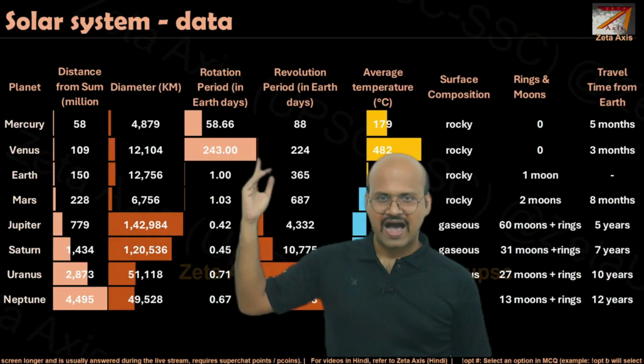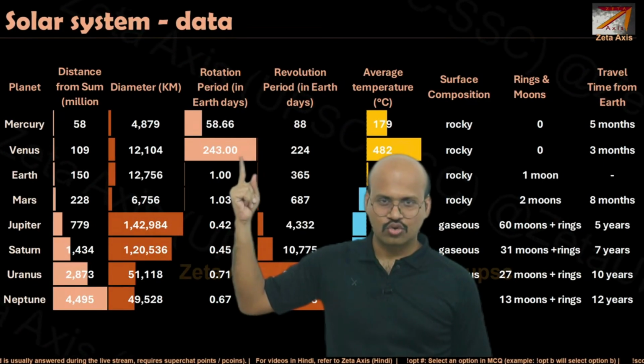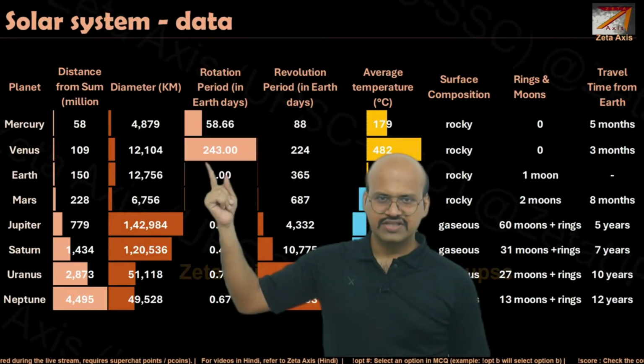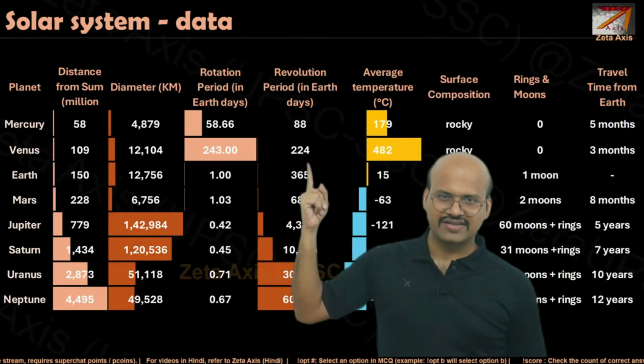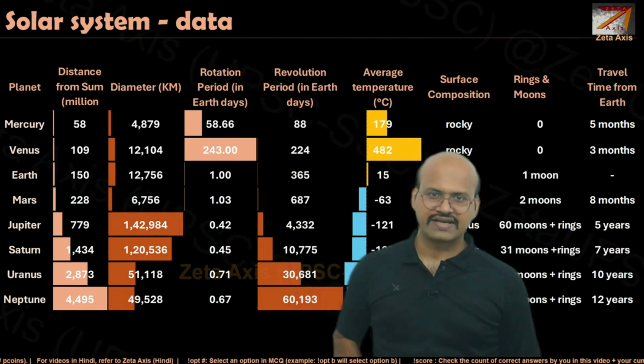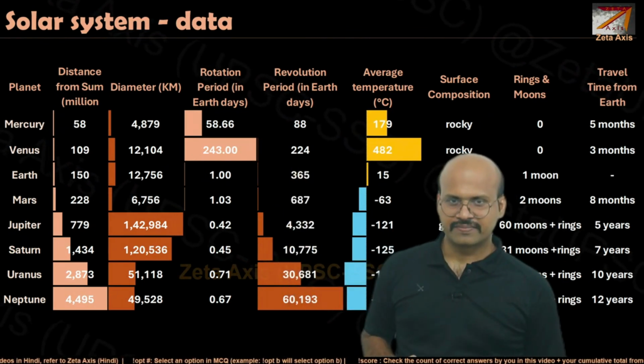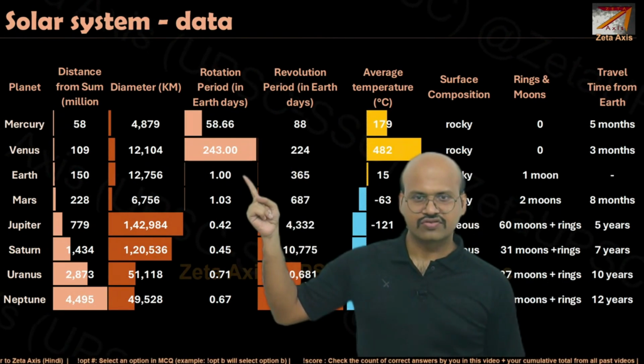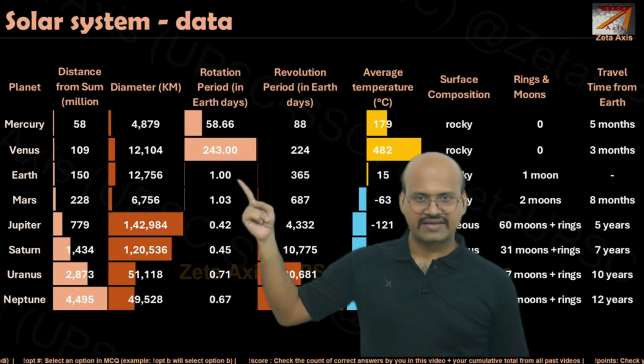So it has the highest rotation time. Remember, this is the rotation time. And if we see, its rotation time is actually greater than its revolution time, which is a very unique characteristic for any planet. After that, we see the Earth takes 1 day to rotate on its axis, then Mars, which